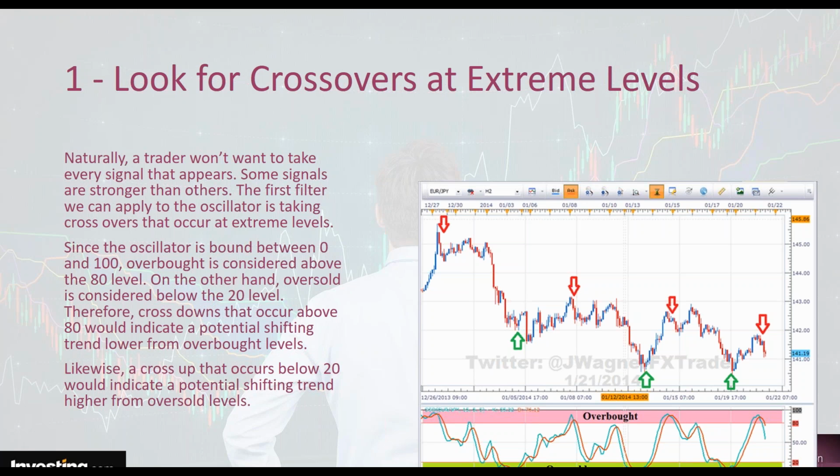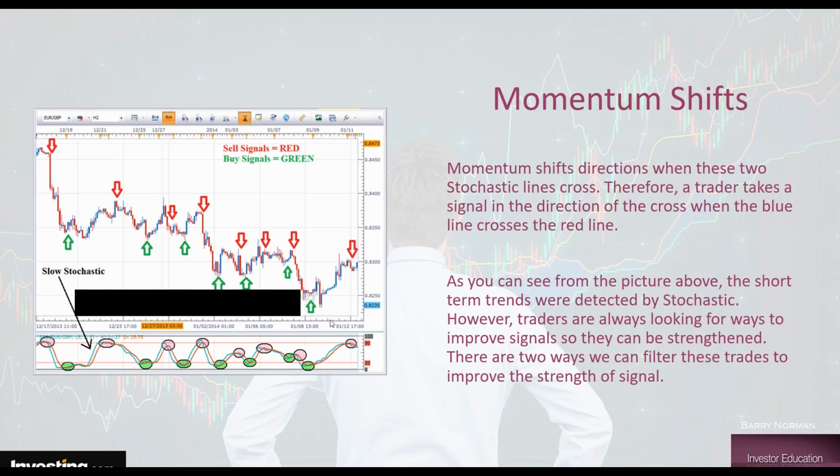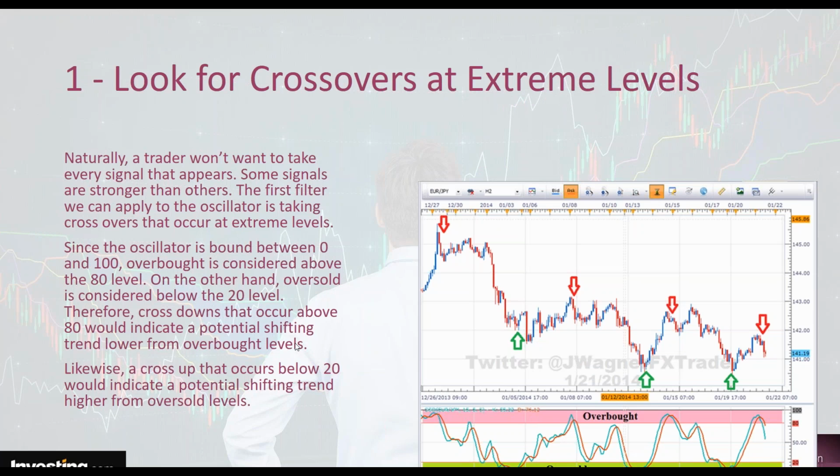Now, naturally, a trader won't want to take every signal that appears. Some signals are stronger than others. The first filter we can apply to the stochastic is taking the crossovers that occur at extreme levels. Since the oscillator is bound between the 0 and 100, overbought is considered above the 80 level. On the other hand, oversold is considered below the 20. So as you can see, by simply taking those ranges, we filtered most of those signals off of this chart